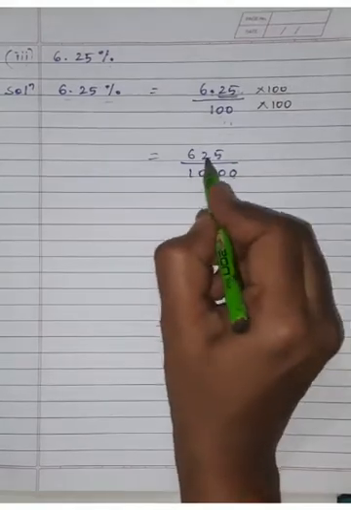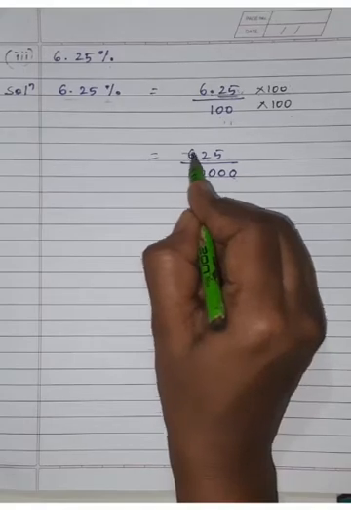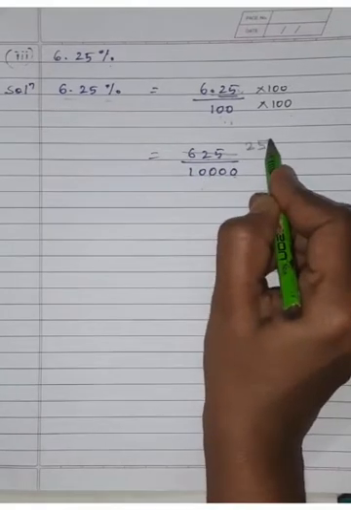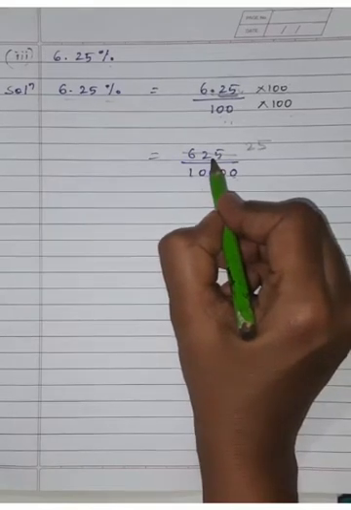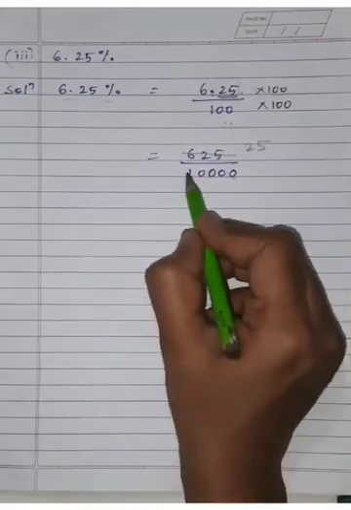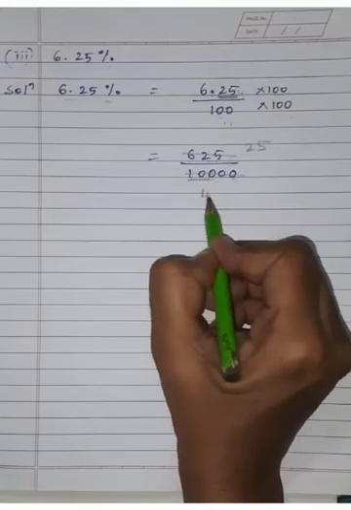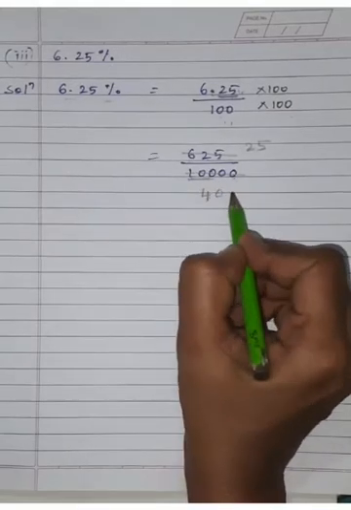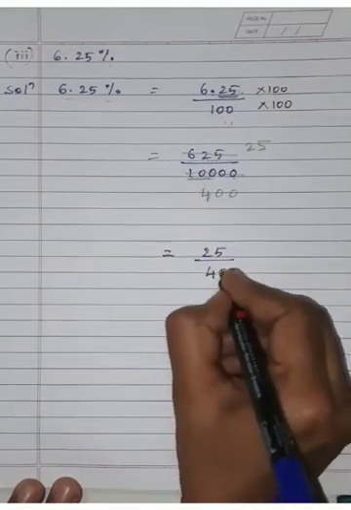So what I will be doing, children, is directly dividing with 25. So 25 into 25 is 625. Okay, 25 25s are 625. Okay, so now here we have 10,000. So 25 4s is 100, 25 zeros is 0, 25 zeros is 0. So what we got is, we are getting the answer as 25 upon 400.